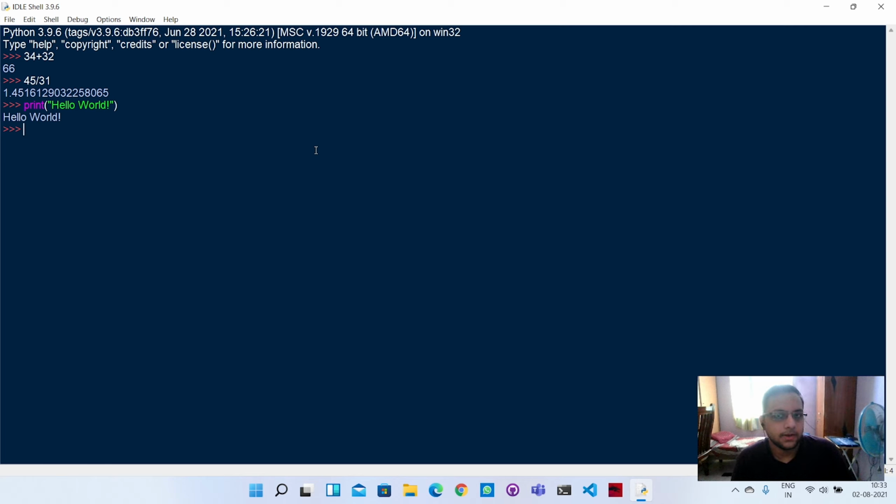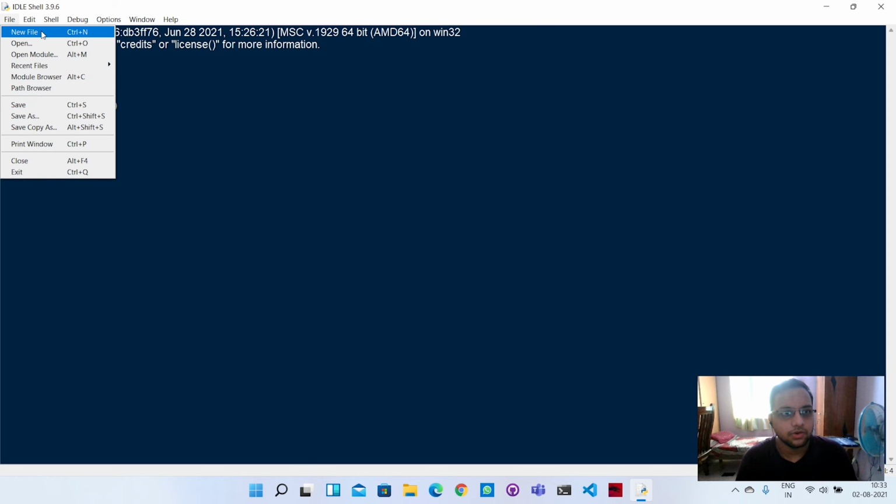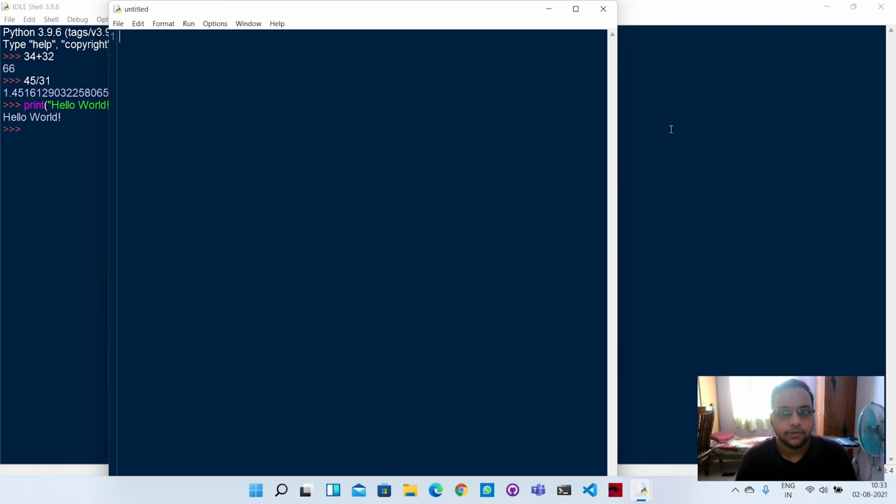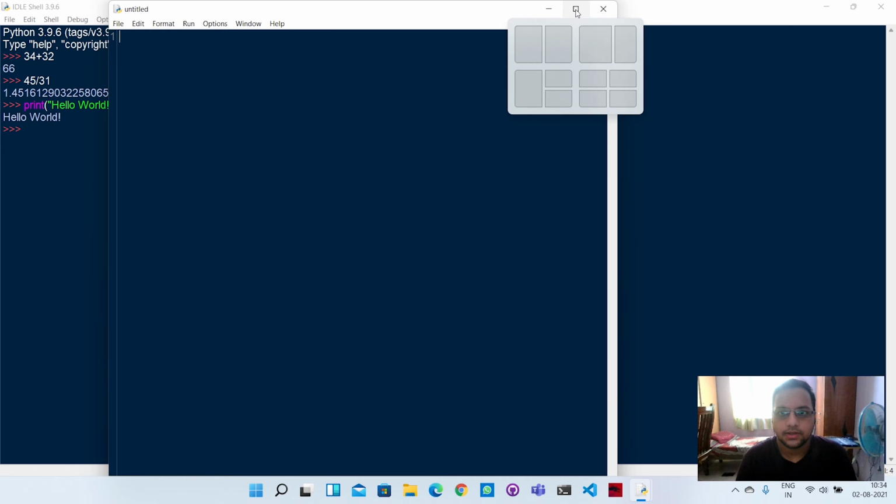the interpreter. What we usually do while coding is write our script or our code in a file, and then we run the file in the interpreter and we get our output. So let's do that, and that's the normal procedure of coding in Python. For that, let's click on the file option here. Let's go to new file, and for convenience, let me just